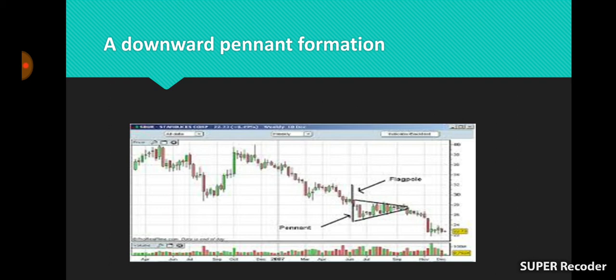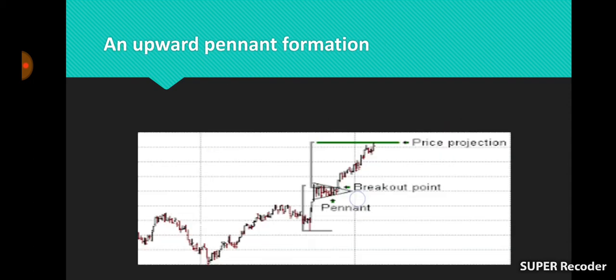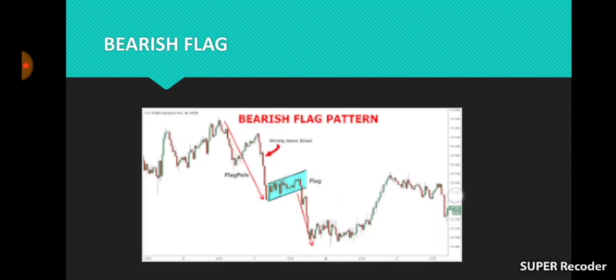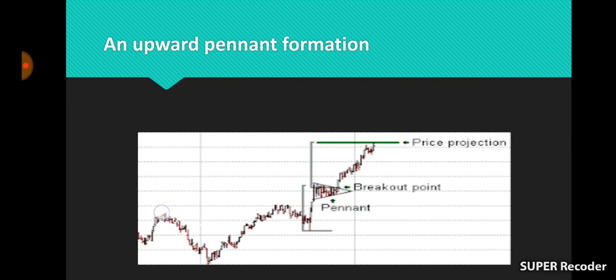The main difference between these price movements can be seen in the middle section of the chart pattern. These patterns occur either in the midway of a sharp rise in prices or in between a steep fall in price. Here you can see a sharp rise in prices and here you can see a steep fall in price. The middle section of the pennant looks like a symmetrical triangle.